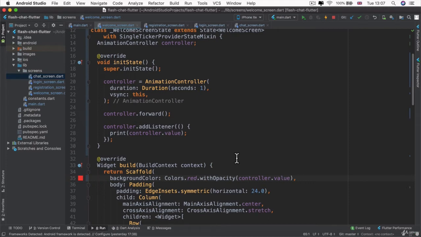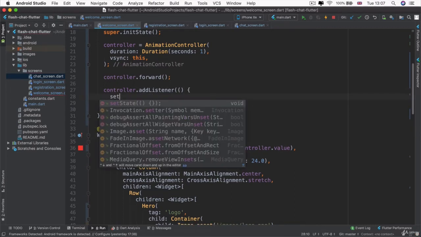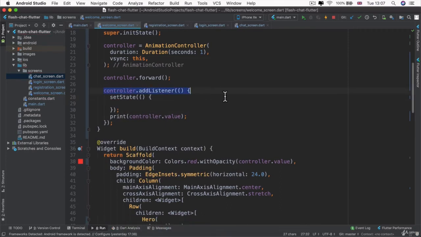And if you remind yourself about how Flutter is able to react to values such as the controller.value, then you remember we're going to need setState to tell our app that this opacity is going to be dirty, and we have to rebuild our screen by calling the build method. So that means inside addListener, we can call setState, and we don't have to do anything inside setState because our value is already changing with the animation controller. So now if we hit run,